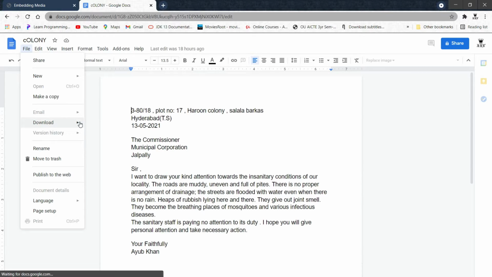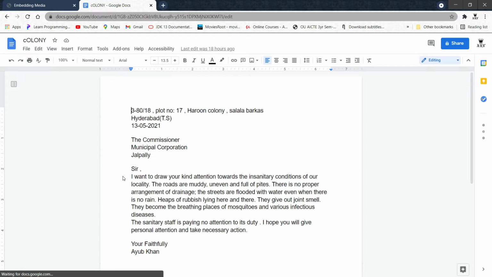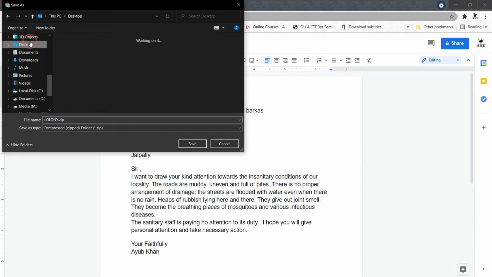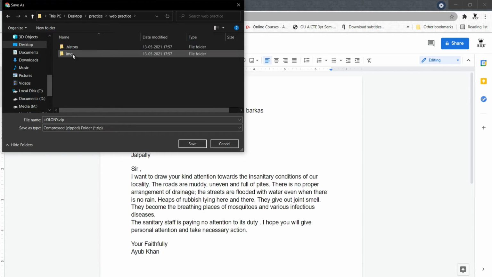Let's hover over Download and you can see that we can export it as a web page. I'll just export it and save it directly to our practice and our img folder.